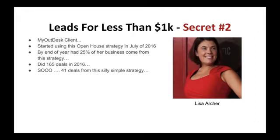Why it works so well is because it harnesses putting you and your brand and your business in front of strong intent, high probability folks, but then also using a specific process, a unique process that actually works. The way most agents do open houses, they don't generate these kinds of results. But with a MyOutDesk advantage, because we're able to see the behind the scenes of so many agents' businesses, and we have access to them, to talk to them, to interview them, and to pull insights from them,